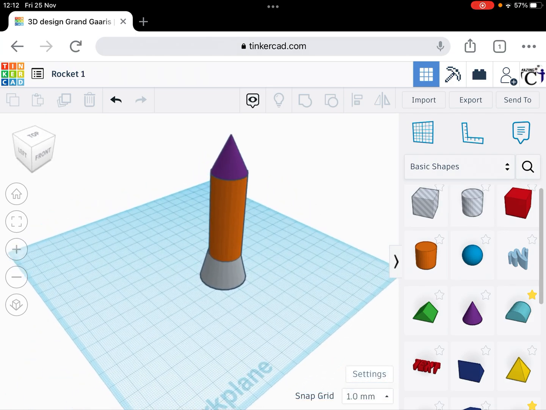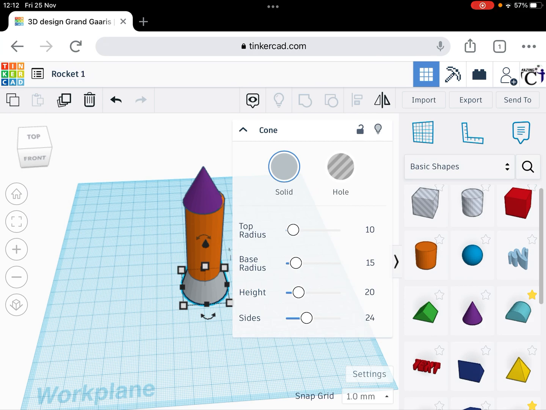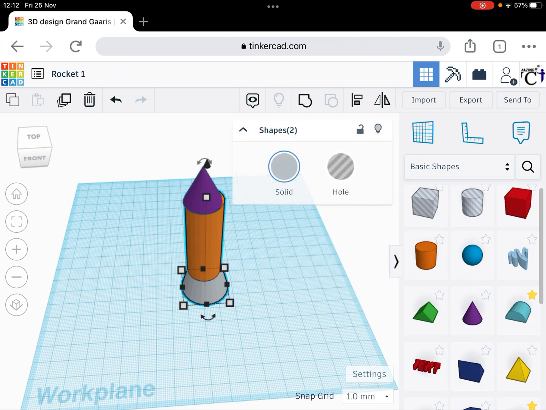So you highlight the whole of the rocket. I'm working on a tablet, so I need to click on the 3 shapes. 1, 2, 3. And then at the top, there's like a little bar chart. It's got a white and a grey line on. And that allows us to align the 3 shapes. So I'm going to align them